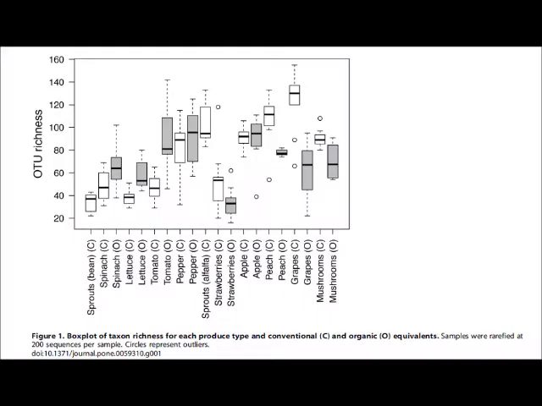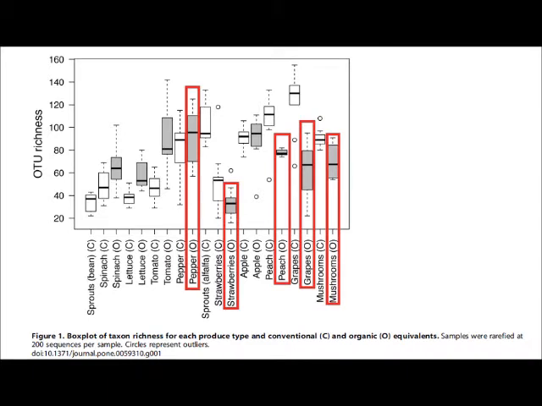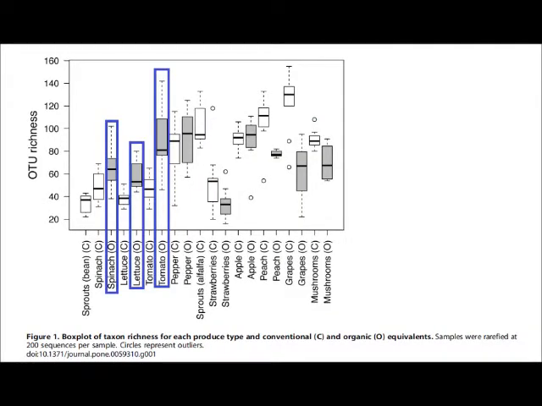As Figure 1 shows, they found that there were differences in taxonomic richness, with the organic labelled produce and the conventional labelled produce representing different levels, and this depended on the produce type itself. The organic labelled peppers, strawberries, peaches, grapes, and mushrooms had a lower bacterial taxon richness than the conventional labelled counterparts, while the spinach, lettuce, and tomatoes had significantly higher bacterial taxon richness in the organic labelled samples,